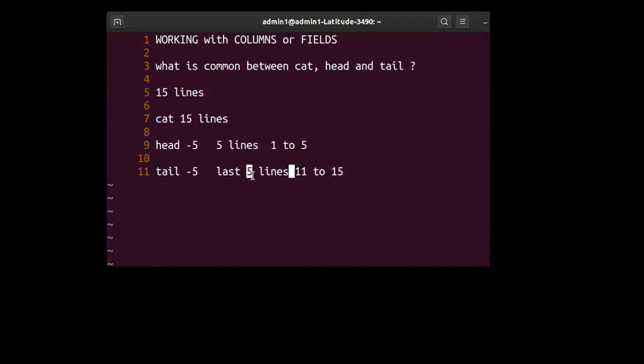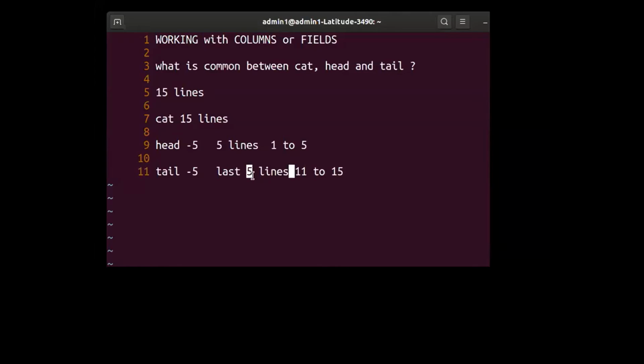Look at line number 7, where I have written cat 15 lines. That means a horizontal line is drawn after 15 lines, and it will display those 15 lines. Similarly, after 5 lines in head -5, it will draw a horizontal line and display the contents above that line. The same holds good for the tail command.